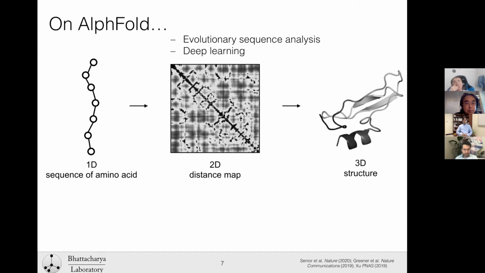This 2D distance map is really a symmetric real-valued matrix which encapsulates the pairwise distances between different amino acids. In particular, AlphaFold uses evolutionary sequence analysis, which has been well studied by Chris Sander and Debora Marks' group, and many others over the years, and the latest developments in deep learning technologies, mostly from vision. Jinbo Xu's group pioneered this approach, and some other groups are also actively working in this area. But the contribution of AlphaFold is going from 1D to predicting the 2D distance map in finer-grained detail and rather accurately, in order to reconstruct the 3D shape from the 2D distance maps.